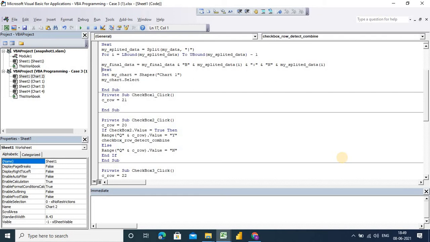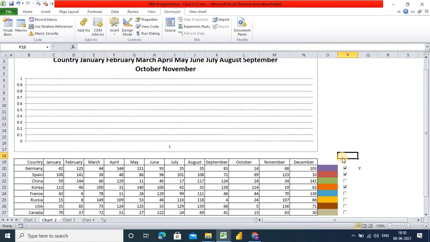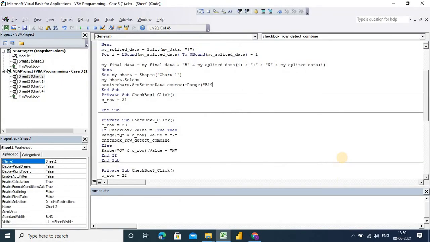No, I don't think so. Okay, source, select range. Now my header range will be the same, B19 to N19, because we need the header, and on the basis of that we additionally need my final data, right?